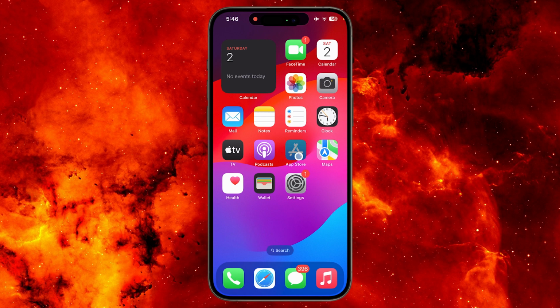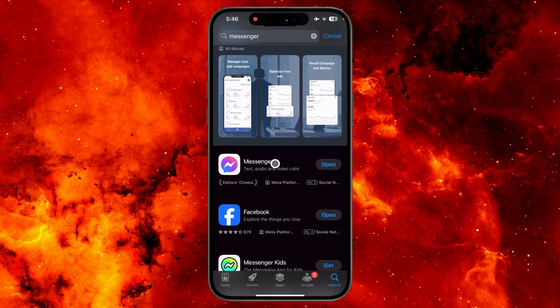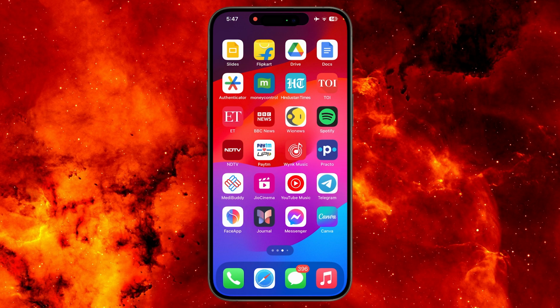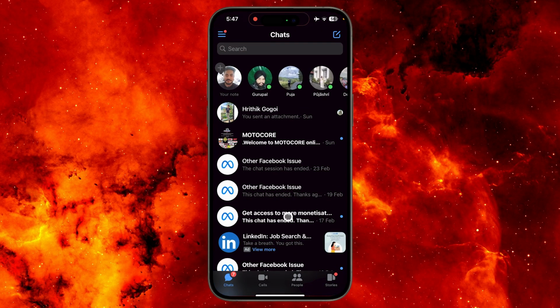If you are on iOS, go to your App Store and type Messenger. If you see an update button here, just tap the update button. And if you are on Android, go to your Play Store and type Messenger. Same process. If you have an update button, tap the update button and update your Messenger, and then open your